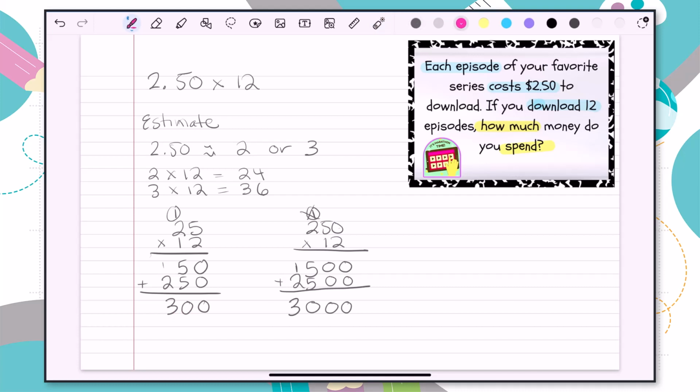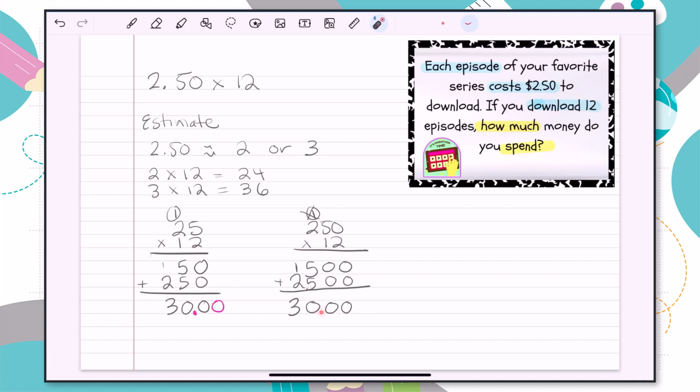I'm showing you lots of places that the decimal point could be placed. But if you notice, if it's placed between these two zeros here, that gives us an answer of 30. And then I'll need to add another 0 on the end because we're working with money. And when we're working with money, there are always two places after the decimal point